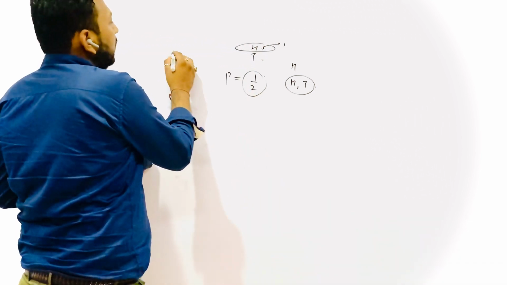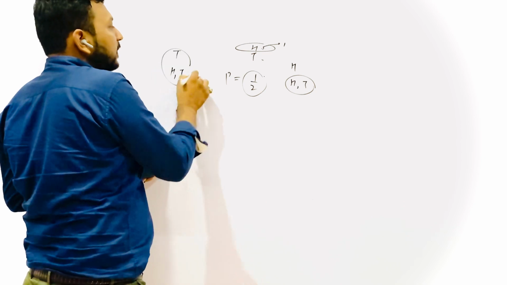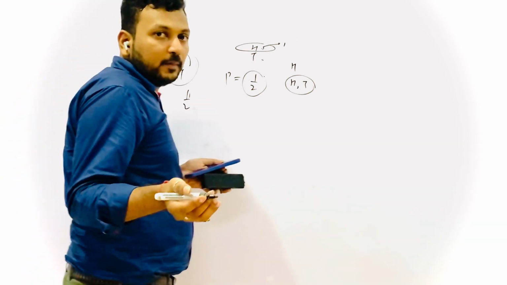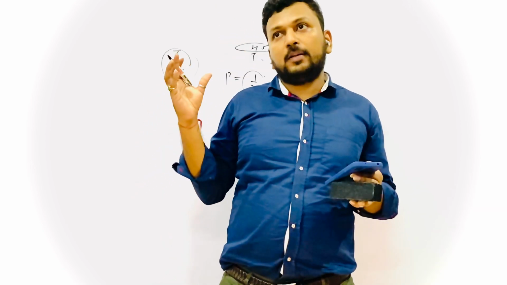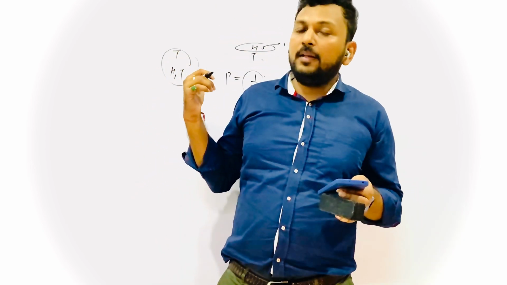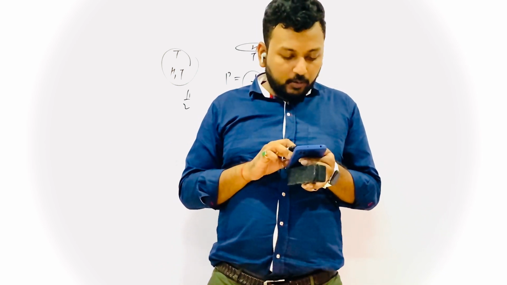Also find the probability of getting a tail. That is also same. In tail you have T as our favorable case and H and T are the total cases. So again 1 by 2. Simple, right? You have to just not cram the thing. You have to imagine the thing as well. So coming to example number 2.